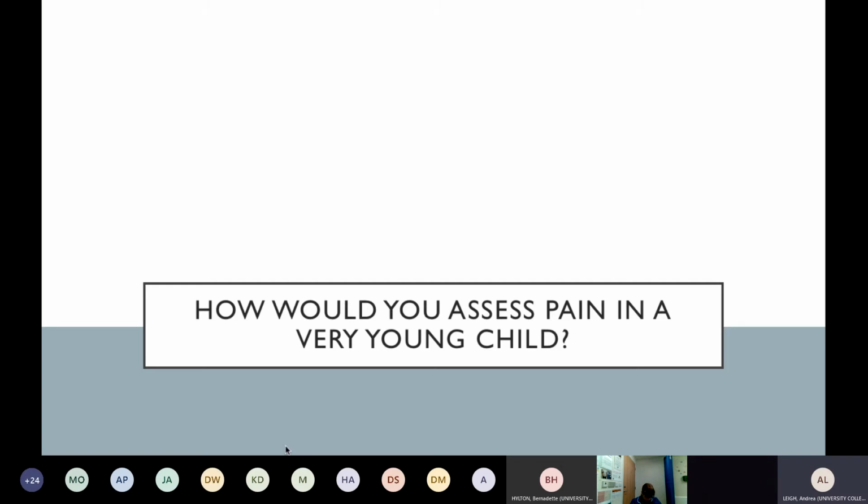So we might be used to making assessments of pain in adults, but it's obviously different in children. So I don't know if we've got any paediatric nursing colleagues or medical colleagues on the call, but so what sort of tools do you know of,